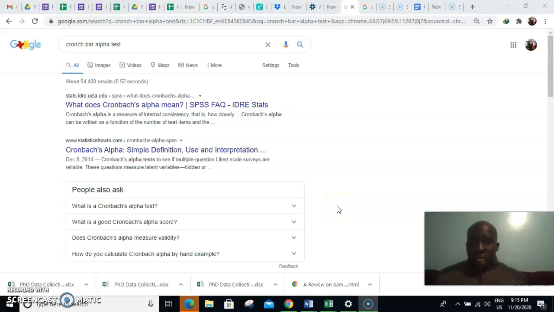Now, today we want to learn about one very important statistical tool known as the Cronbach alpha test. I'm Daniel Makupi, and today I want us to see specifically what the steps are required for you to be able to undertake a very good Cronbach alpha test. First, to begin with, the Cronbach alpha test is one of the tests for validity and reliability of data collection